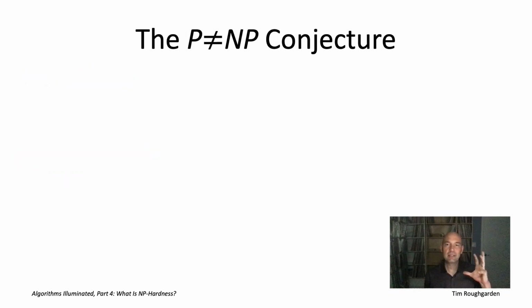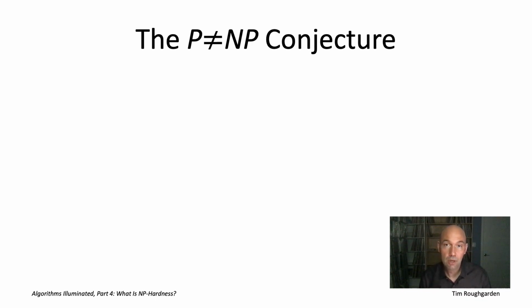All right, so let's now finally talk about what we mean by an NP-hard problem. Basically what we mean is that there's strong evidence of intractability, like we saw in the previous slide, that a polynomial time algorithm would automatically give a polynomial time algorithm for thousands of related problems. That said, I'm not going to give you a formal mathematical definition of NP-hard until we get to those optional videos